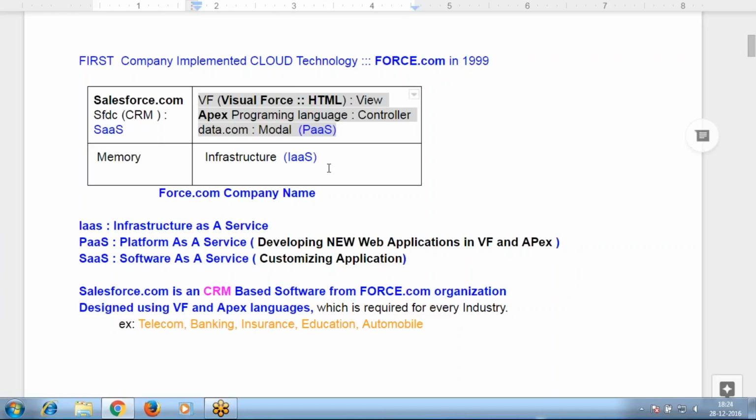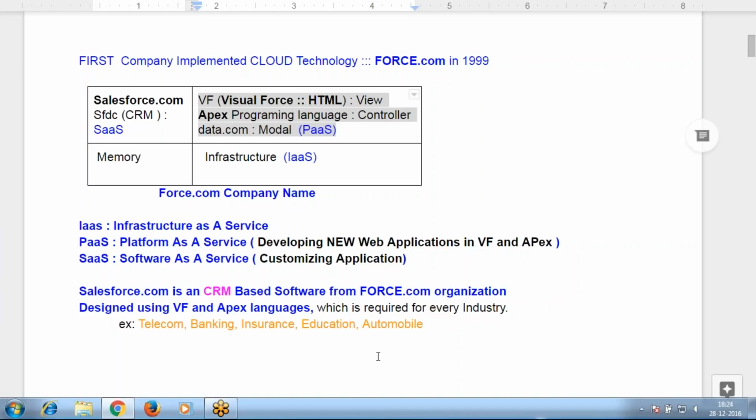I can develop any type of web application through the browser. You don't require any installation, no version updates, no ODBC, JDBC connectivity, deployment, or transportation like how you do in Java. Not at all required. Directly it opens in a browser. I write a program and save it, and it saves on the Force.com server, which you can access directly.